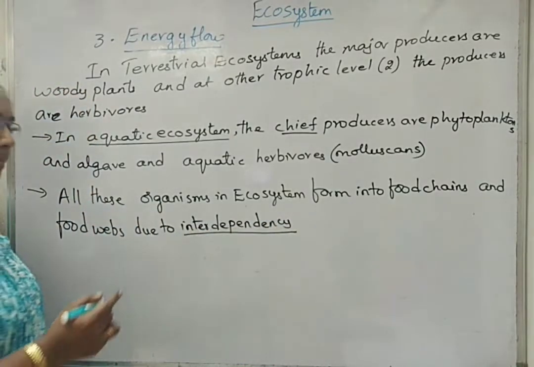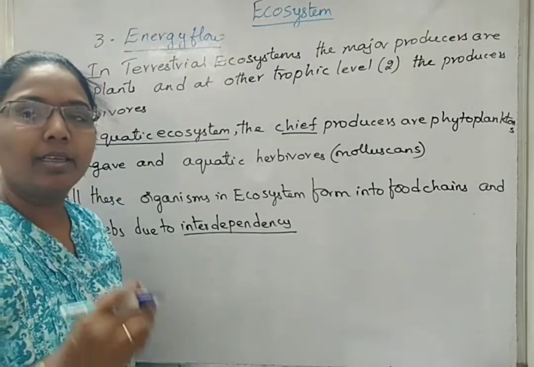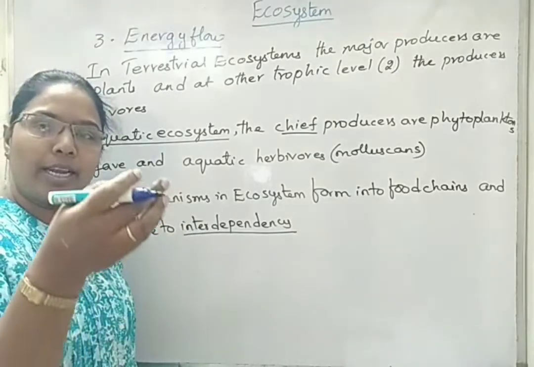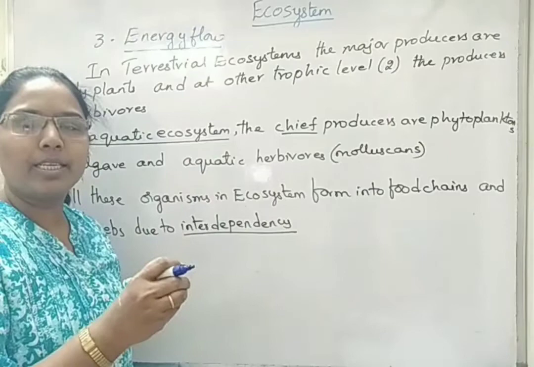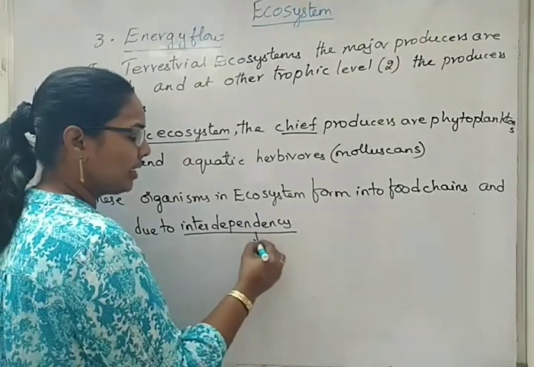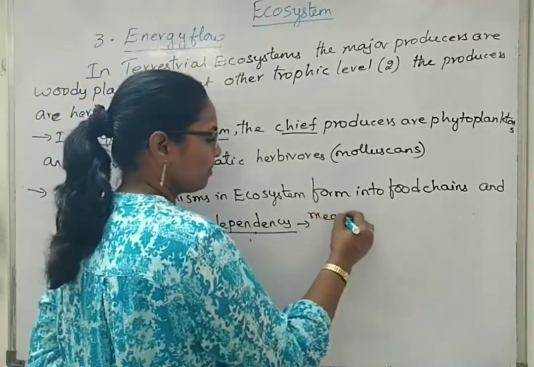We know that herbivores depend on plants for food material. Carnivores depend on herbivores for food material. Omnivores and top carnivores also depend on the carnivores, the smaller herbivores, etc., for food material. So that condition is called interdependency. So interdependency means